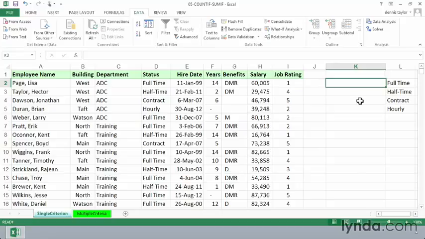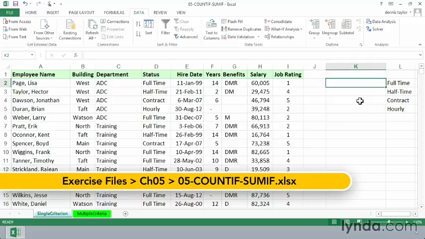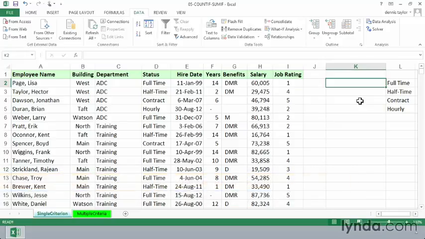If you're trying to tabulate data, particularly from large lists, you want to take advantage of a family of functions called COUNTIF, SUMIF, and AVERAGEIF. In this worksheet, we might want to know how many full-time people work here. We could do this by way of a pivot table or possibly a more complex formula, but COUNTIF works quickly